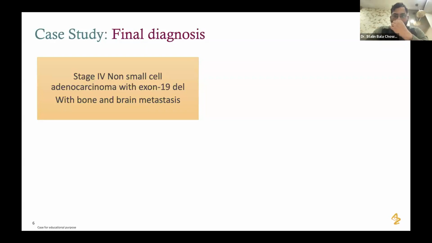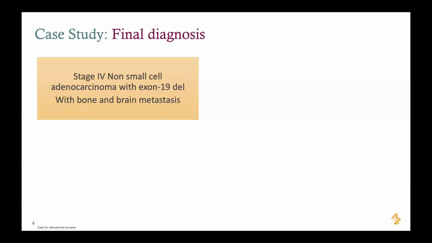Dr. Hanisha? Yes, sir. If the patient is affordable, I would like to offer osimertinib, given the data of FLAURA, given the CNS PFS benefit. So I would like to offer the patient osimertinib along with denosumab if the patient is affordable for bone metastasis. If painful and impending fracture is there, then I would like to offer radiotherapy also for the